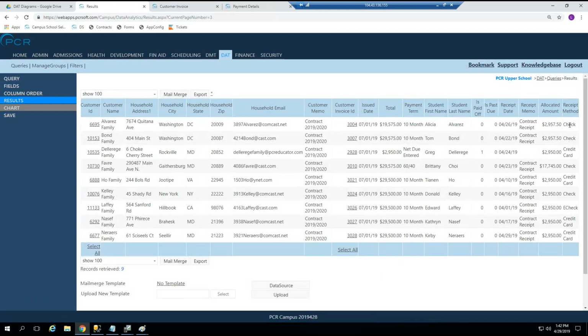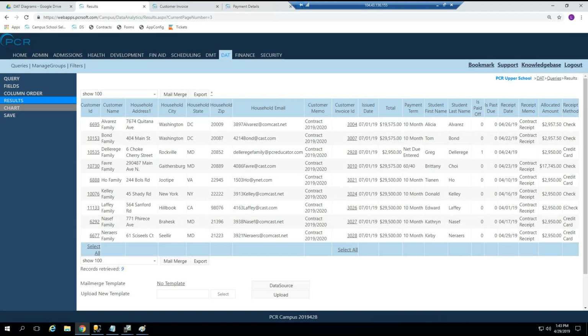So now these are all the invoices that are paid that have a payment associated with it. And this tells me that for this invoice, 2,957 is paid via check. Same with this one. Then for this invoice, 2,950 is paid via credit card. This one is paid via e-check and so forth. So you'll notice that now I only have 9 results because this is only including the invoices that have at least one receipt. If I wanted to see all 27 invoices and then if they do have a payment,